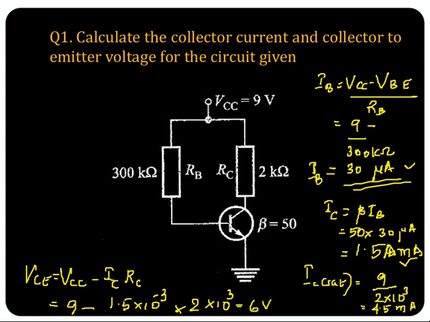So what are the operating points of this particular transistor circuit? It is 6 volt and 1.5 milliampere. This is how you find out the operating point of a fixed bias circuit. The next question,